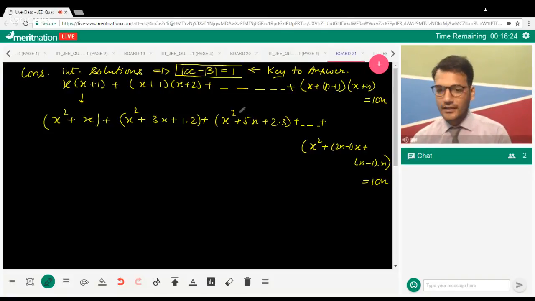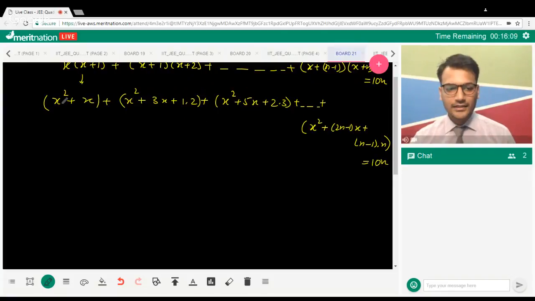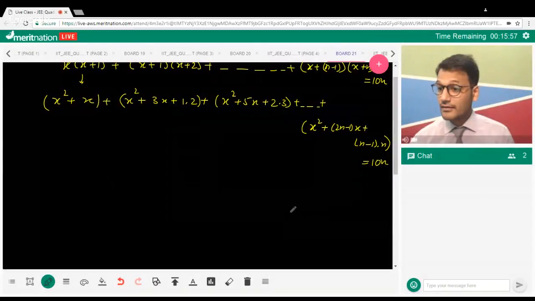The solutions are integers which are consecutive to each other. Therefore, the difference in the roots must be equal to 1. So we'll primarily figure out the corresponding quadratic equation, and thereafter we'll figure out the answer. This is sort of simple. If I collect all the x squared terms, how many total x squared terms are there? There are n. Most of us can see that. So nx squared plus, if I collect the terms of x,